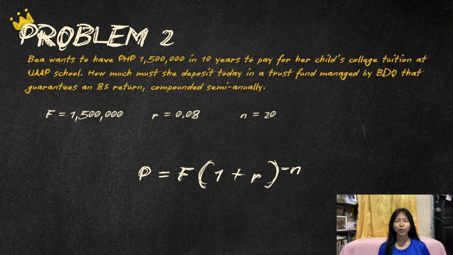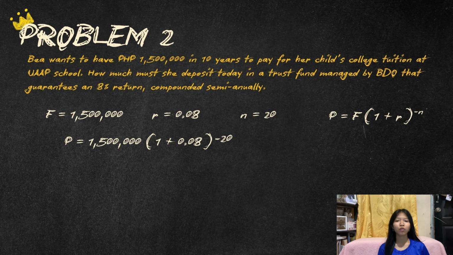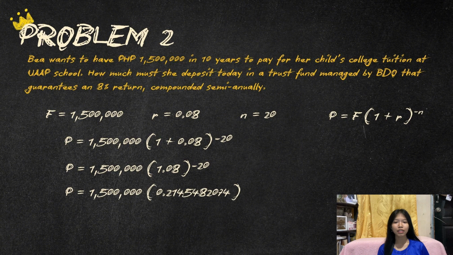So we will use the formula for present value, which is P equals F times (1 plus r) raised to the power of negative n. Now let's substitute our given to the formula. So it will be P equals 1,500,000 times (1 plus 0.08) raised to the power of negative 20. Solve inside the parentheses, which gives us 1.08, and then 1.08 raised to the power of negative 20, which the answer is